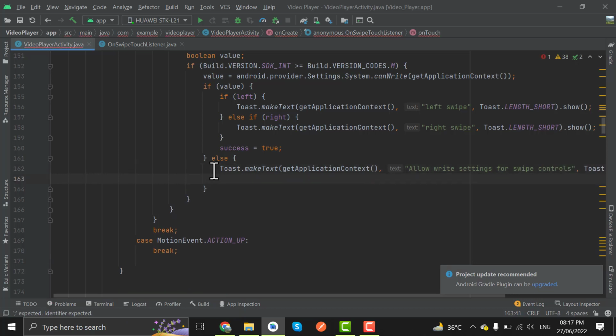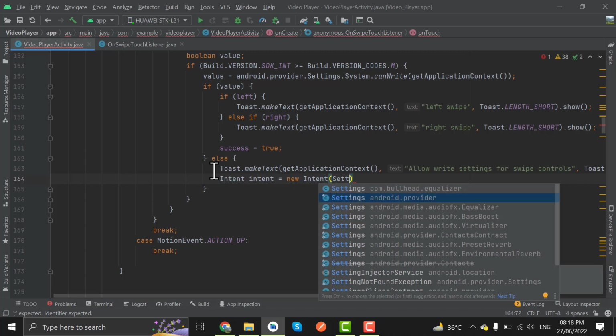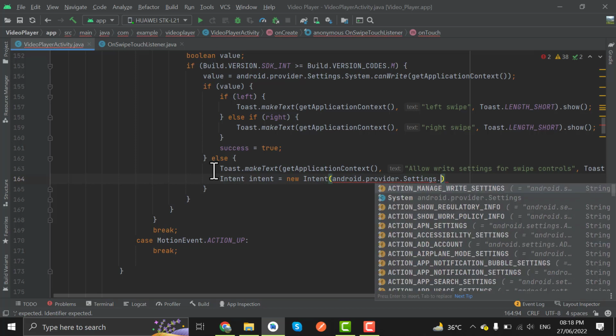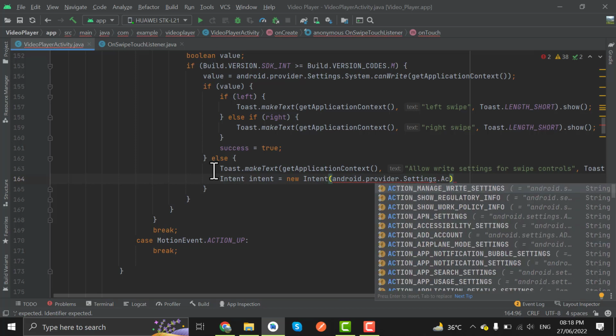Below toast, take the intent here, new intent, settings, take the second method, settings dot action manage write settings,